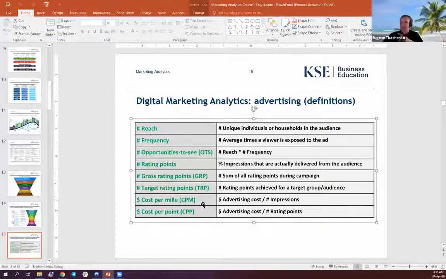Cost per mille, or CPM. It's one of the most important metrics, and you will hear about it very often. It's either CPM or CPC, cost per click. It is the way for platforms and marketers to build the value proposition or the quote. For example, you're interested in reaching 10,000 people, and for reaching 10,000 people, you estimate that you would need, let's say, 100,000 impressions. An impression is considered the number of viewings.